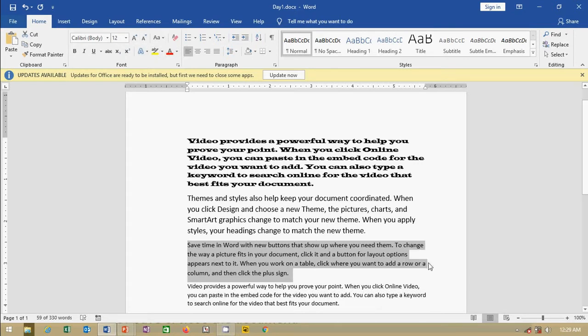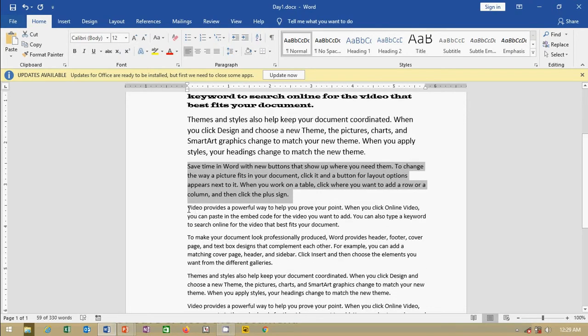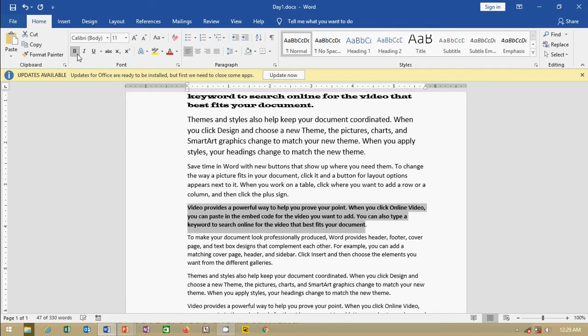Okay. And these are the things: bold, italic and underline. So what do we mean by bold, italic and underline? Bold means, suppose I select any text and press bold here, it will be bold. Pressing here again removes the bold.